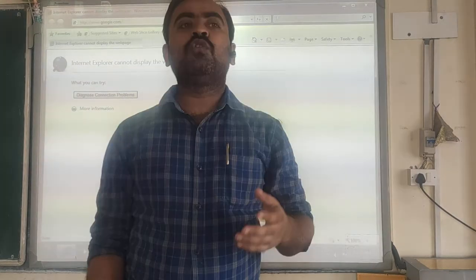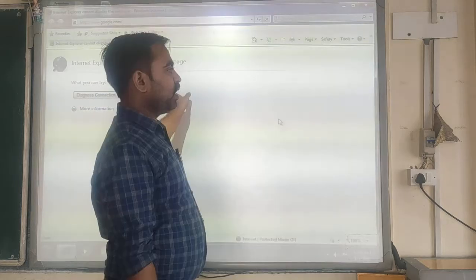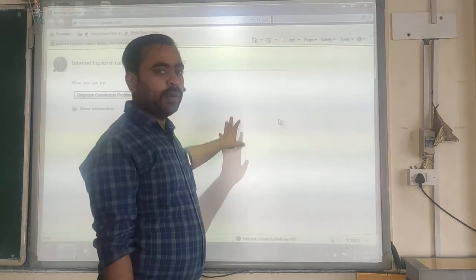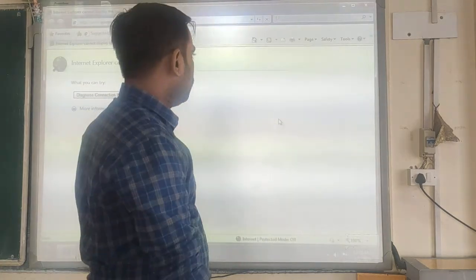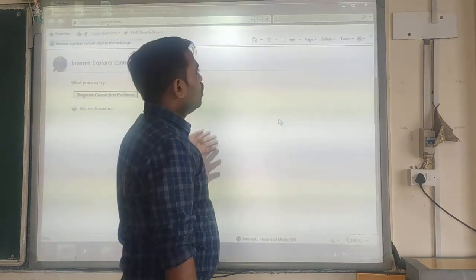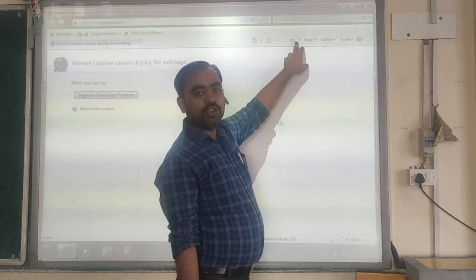If you want to take a printout of any web page, suppose a web page is opened on your system and you want to print that particular web page, you can directly use this print button, select the printer from here and give the command to print the web page for you. Okay. Then there is a page button. The page button generally contains a lot of options such as save as, reload the page, etc. The list of options appears when you click on the button.